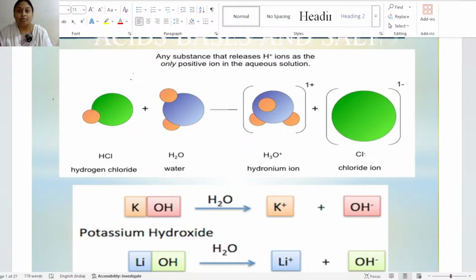Today, I'm going to start Chemistry 10th class CBSE part. The chapter name is Acids, Bases, and Salts. Today we are going to discuss what is meant by acid, how we are going to get acids and bases, and the physical properties and chemical properties of acids. We will start. So, first of all, when it comes to the acids,